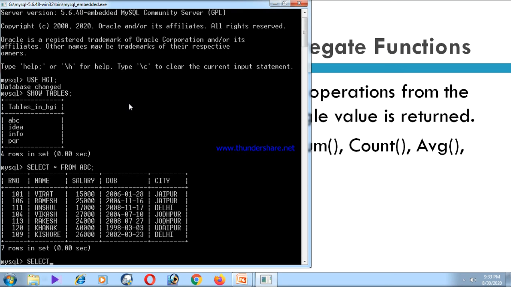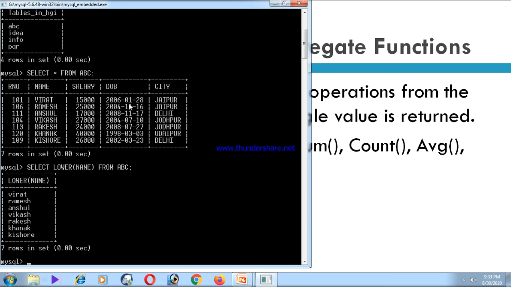The command is select lower, name is the column heading, from ABC. Just check the output. The names inside this ABC table were written in capital letters, but if I use the lower function, check the case of this column, all the names are converted into lowercase. Clear? So it is a single row function. It works on individual rows. Lower is a case manipulation function, right?